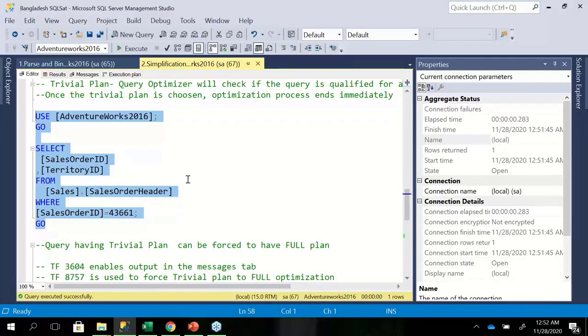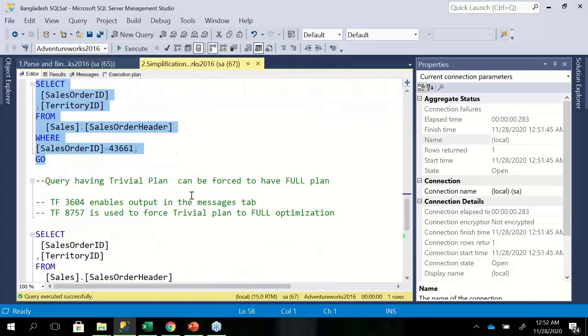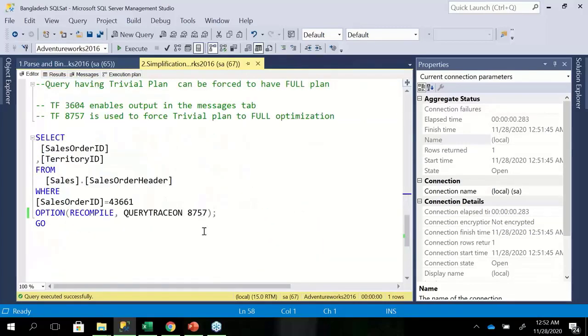But what if there might be some scenarios, right? You always expect SQL Server to generate the full plan, but in some scenarios it will go ahead and create the trivial plan, and you want to save that plan inside your plan cache. In order to save that plan, you have to make sure the plan is a full plan, so that it can be saved inside the plan cache. In that scenario, we have an option where you can enable trace flag 8757.